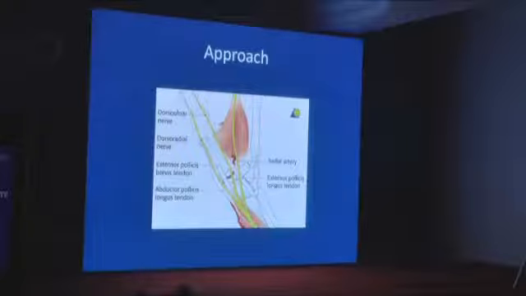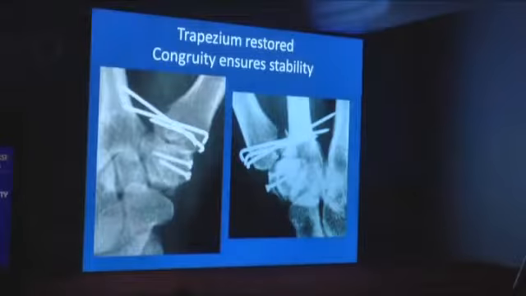The closer you get to the joint, remember the radial artery is there. So before you start, palpate the radial artery. So you know you want to stay away from there, because once you've nicked it, it bleeds like crazy. And then you need to put in pins to fix the fragment, get the trapezium back into place. I've used 2 screws here. This patient is from Guwahati. I don't have his result, but I'm told he's doing fairly well.